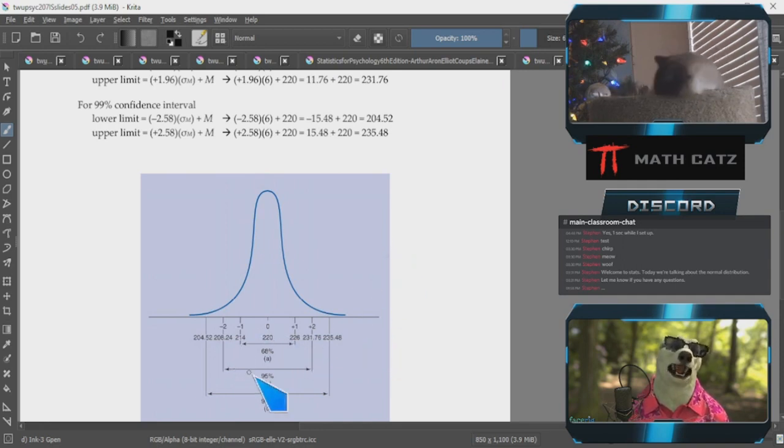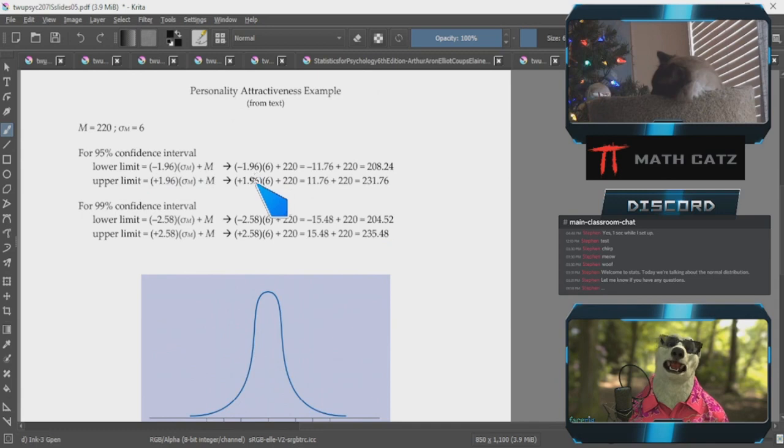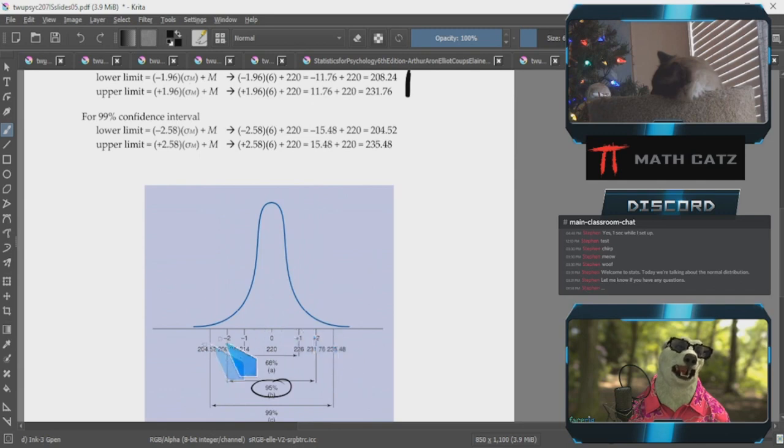So we build, let's say, a 95% confidence interval in the way that I just said. Lower limit, we'll use the left z-score times the standard deviation plus our center mean, and we get these two values over here. You could have also done a 99% confidence interval, and then that goes a little bit further,